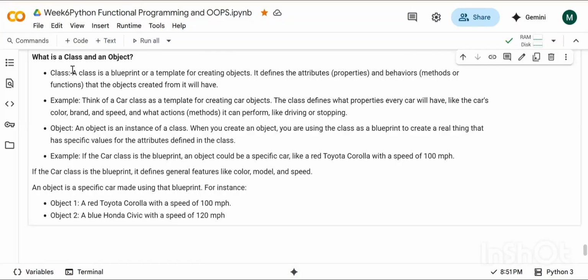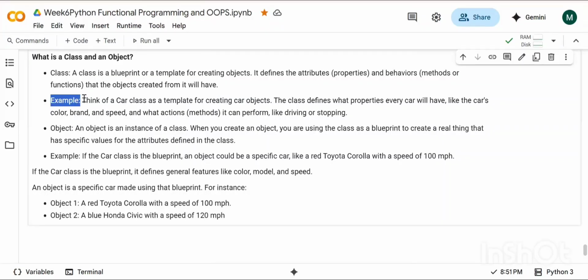What is class and object? A class is a blueprint or a template for creating the objects. It defines the attributes, the properties, and the behaviors, the methods or the functions that the objects created from it will have.